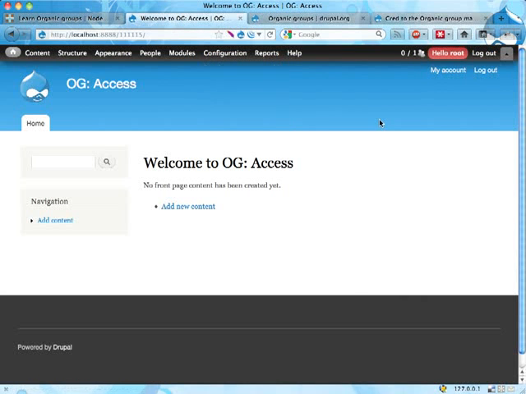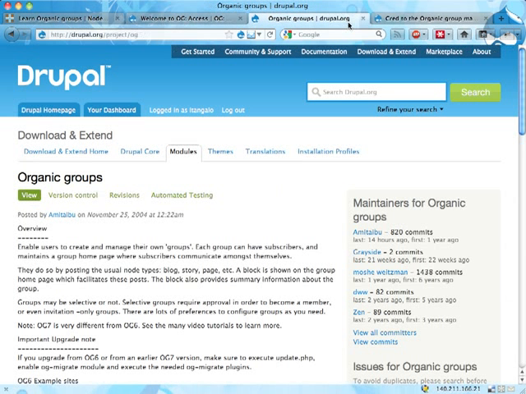is the sandbox. Well, before going into the sandbox site and actually configuring stuff, this is the organic groups project